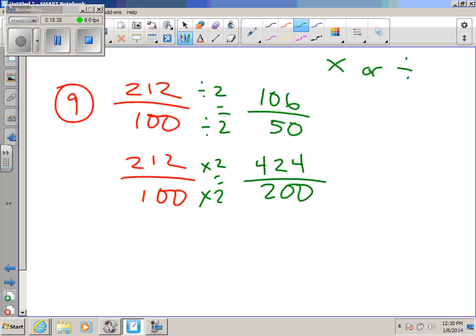My choice. I can do both multiplication if I want. I could do both division if I want. It doesn't specify for numbers 9 through 11 or 12. You can pick which one you want, but the important thing is you need both. For example, number 10